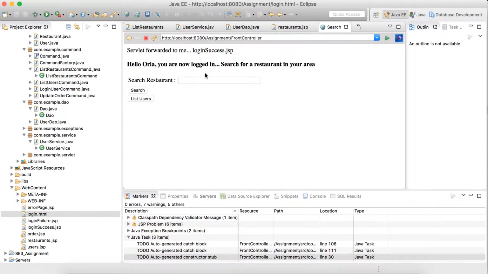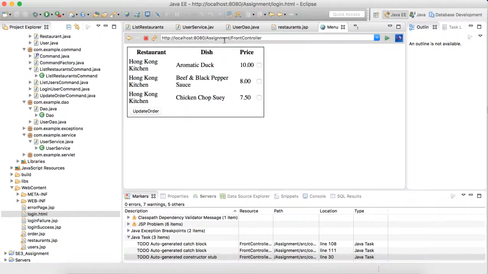So here, as I said before, is the search bar for the restaurant. I'll put in Hong Kong Kitchen and search, and then I am displayed the restaurant, Hong Kong Kitchen obviously, and the dishes. I have 3 hard-coded into the database, and the price. Then I'm able to check whatever dish I want, or I can check more than one, and then I can